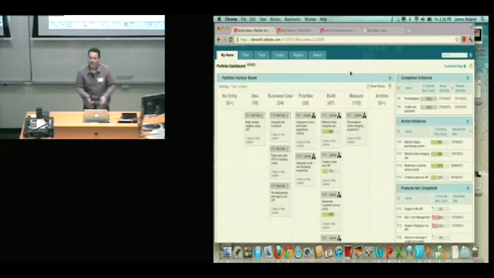So here's an example of a portfolio dashboard. Each one of these cards is actually a portfolio item. You see it starts with the identifier PI. PIs are like a strategy level story, so you're not going to score it as 10 points or 100 points. You're going to give it a t-shirt sizing, and a risk and a value score so that you can prioritize it. And then we have the ability to manage those PIs through a Kanban board.